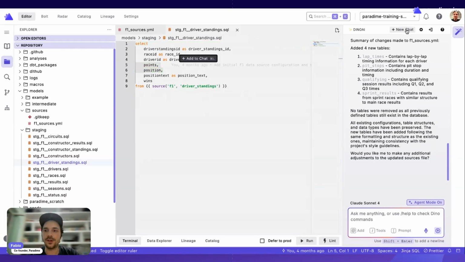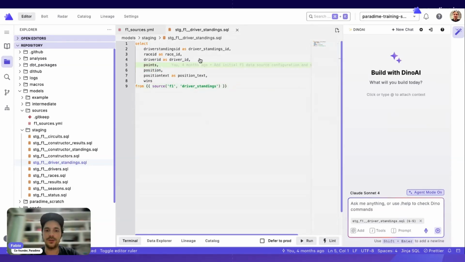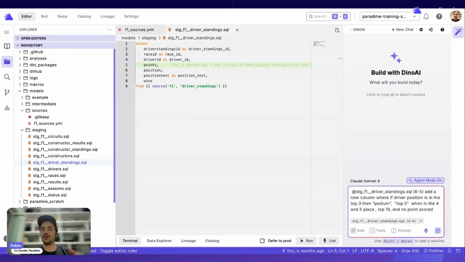So first thing I'm going to do is I'm going to create a new chat. I'm going to start completely fresh. Then as I hover now, I can click on this option, which is add to chat, and I can add my prompt in here. So something completely new that we launched now is that not only we can send a